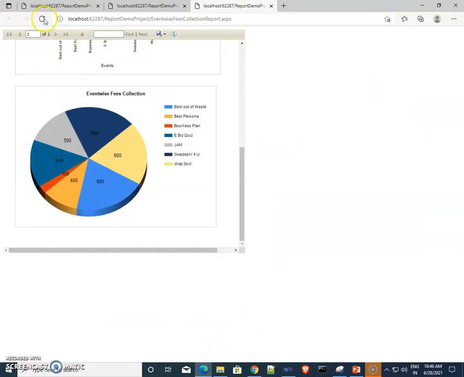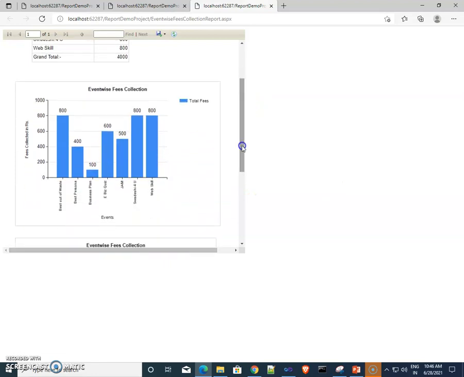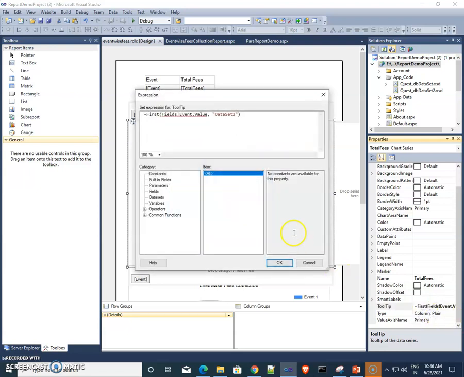See what is the effect. Here is the effect. When I point to this bar, this is best out of west, but for all the fields it is displaying best out of west, so something is wrong here. This is not the first but the fields value.